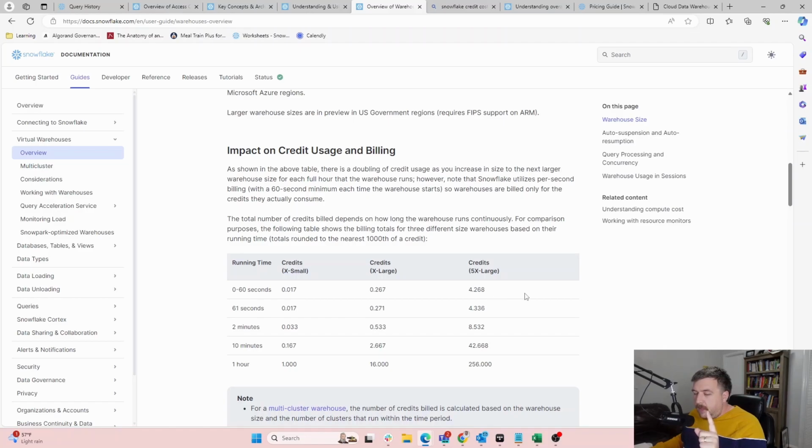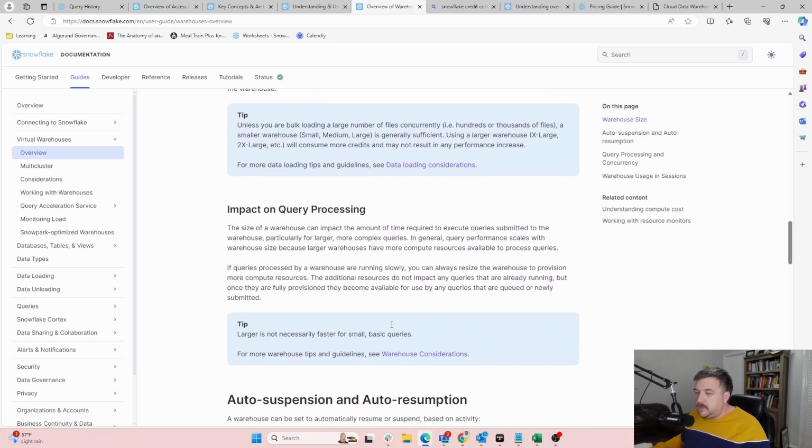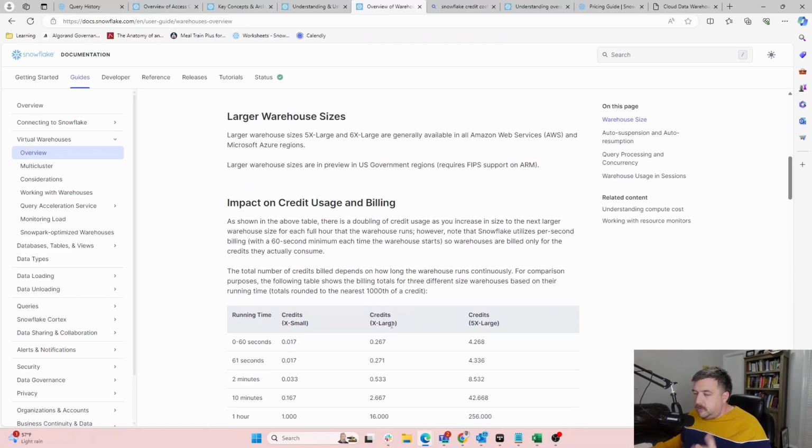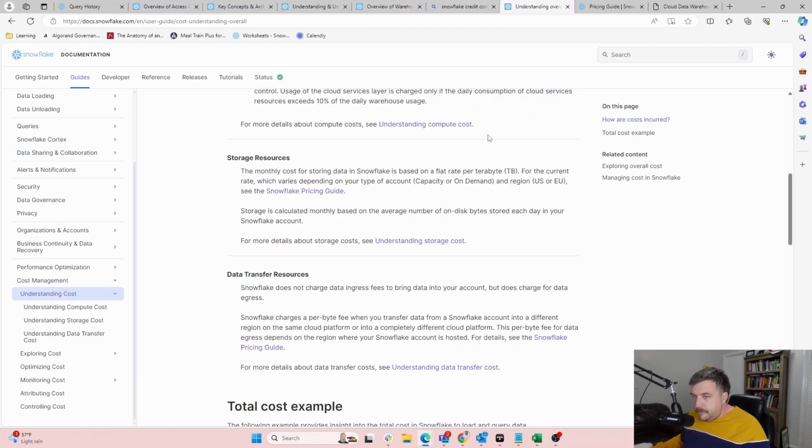This kind of gives you that breakdown of, like, here's your 60 seconds, boom. And then on the 61st second, it's the same price. Or again, it expands as you get to bigger stuff. But again, we'll let you look at that later. Okay.